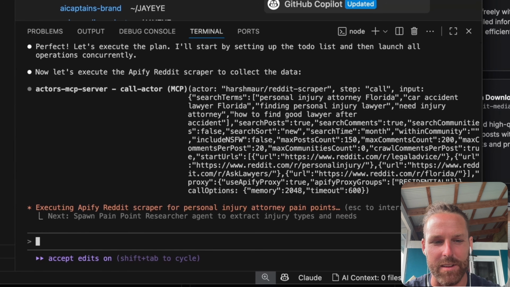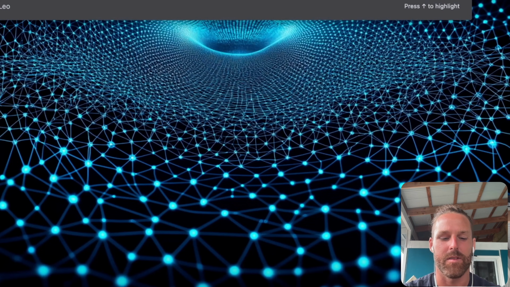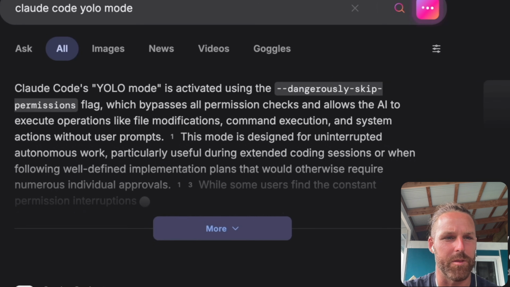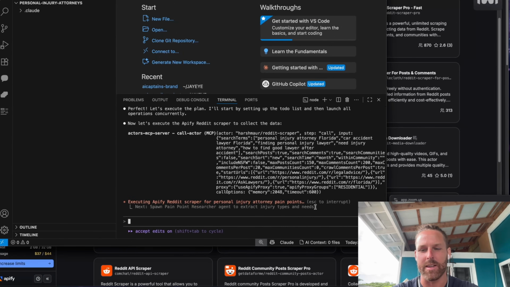If it says like remove home folder, then you don't want that. Some tools call that YOLO mode. I think Anthropic calls it YOLO mode, right? Yeah, both Roo Code and Anthropic do it. YOLO mode, dangerously skip permissions. So now I leave that there, and the reason I like to have a lot of